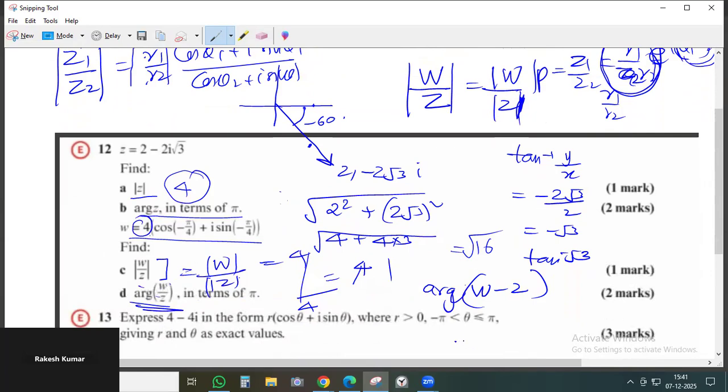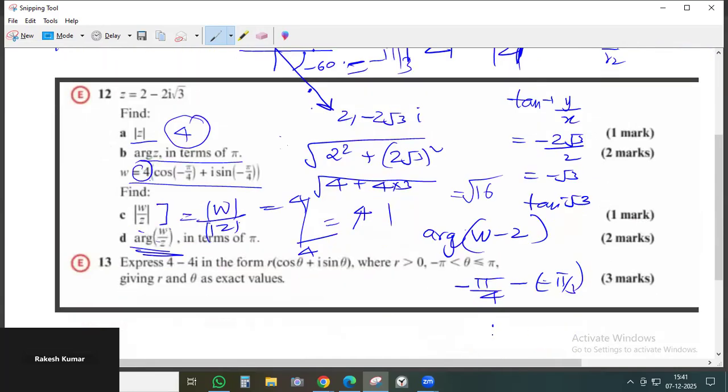The argument of w is minus pi by 4. What was the argument of z? That's minus 60 degree, which is minus pi by 3. So it's a minus of minus pi by 3. That makes it plus pi by 3. So we got plus pi by 3 minus pi by 4. Now that is how much? That's 4 pi minus 3 pi over 12, which is pi by 12. So that's the